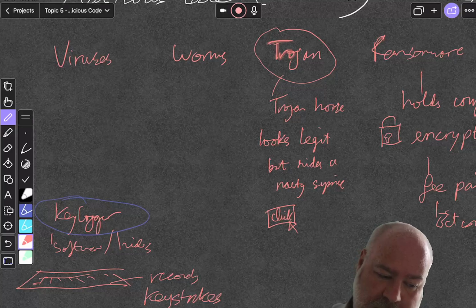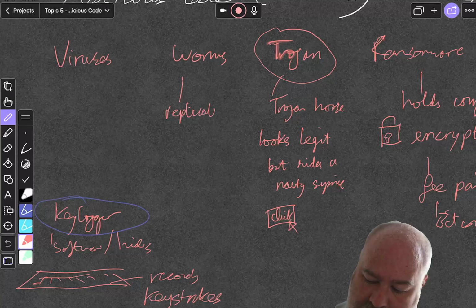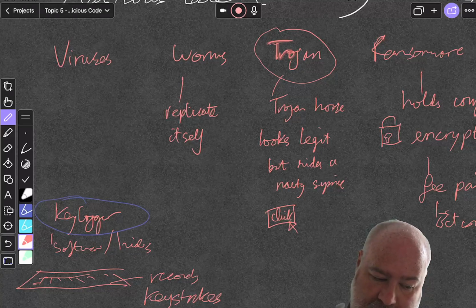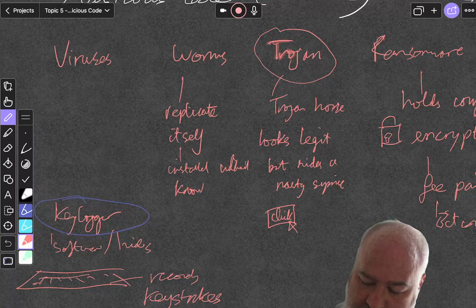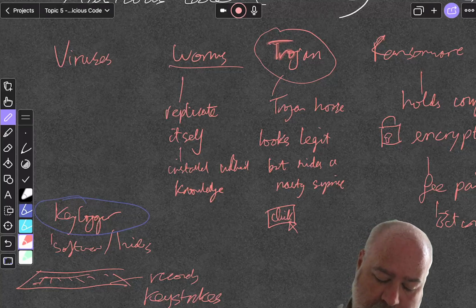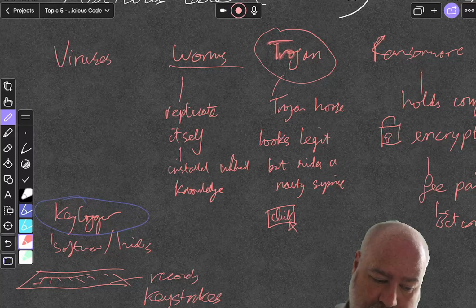Now, what is the difference between a virus and a worm? Okay, so the big thing here is it can replicate itself. Okay, worms can replicate itself. Now, they're installed without knowledge from the user. The user probably is unaware that they have a worm on their system, and it replicates itself. A virus,